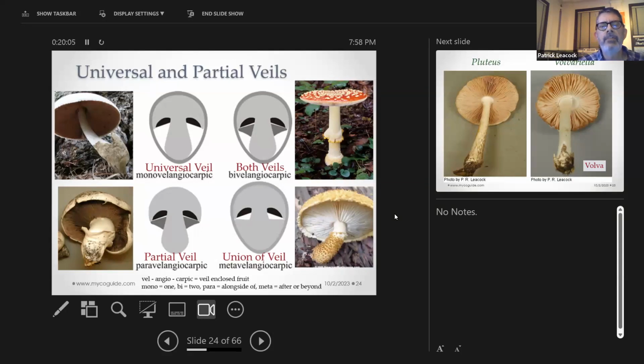A lot of amanitas have that character, like that Amanita muscaria there. And then Agaricus and other stuff, Lepiota, whatever, have a partial veil under the cap. And that's paravelangiocarpic. And then there's an interesting case